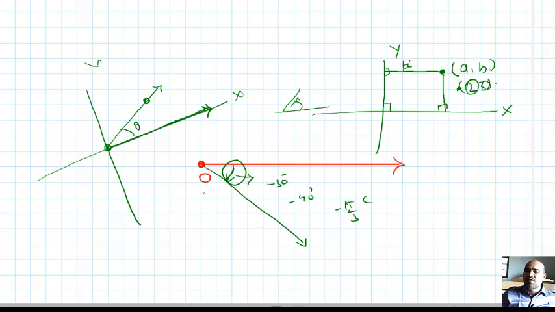Here variables are given, a comma b. Actually you want to say mod a units from the y axis and mod b units from the x axis, because we don't know where the point is. In my diagram, the point is in the first quadrant, but it may be in the second or third quadrant, or on the x axis or the y axis, whatever it may be. That's why the ordered pair a comma b shows the position of this point. So the ordered pair says that this point is mod a units from the y axis and mod b units from the x axis.